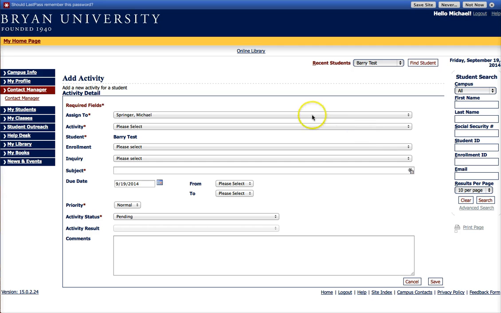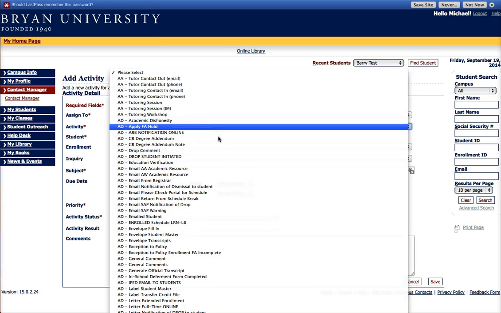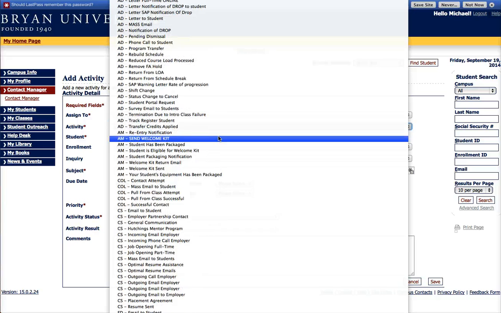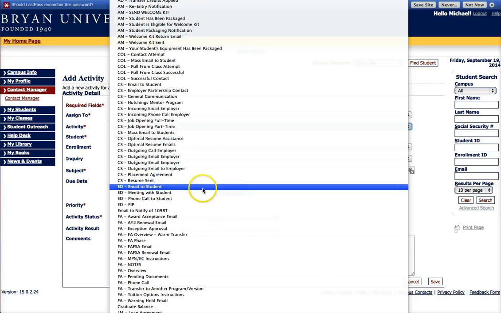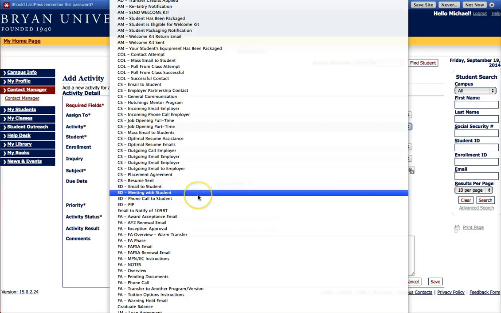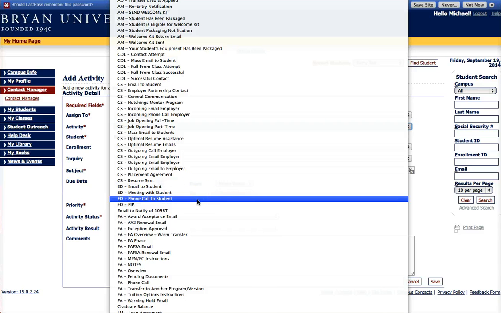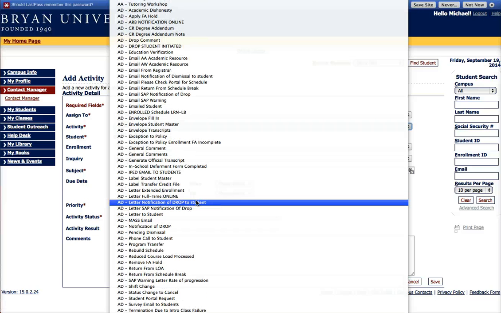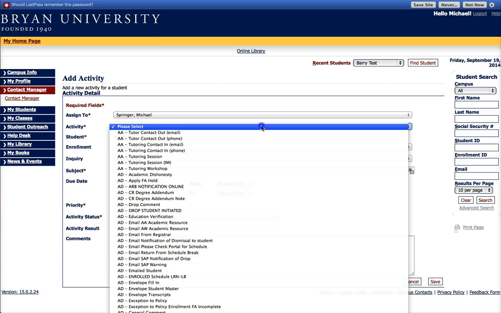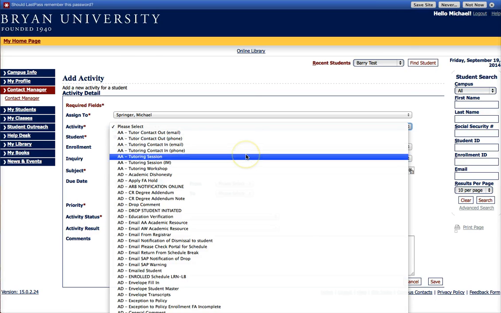Now this brings up my name in the Assign To field, so by default it's going to be my activity. And if you're an instructor, what you're going to want to do is go into the Activity field and scroll down to the ED options, which are Email to Student, Meet with Student, Phone Call to Student, or if you had something that is a tutorial session, there's actually a separate category for that up in the AA section, where it'll say Tutoring Session. So I'm going to select the kind of contact I had,